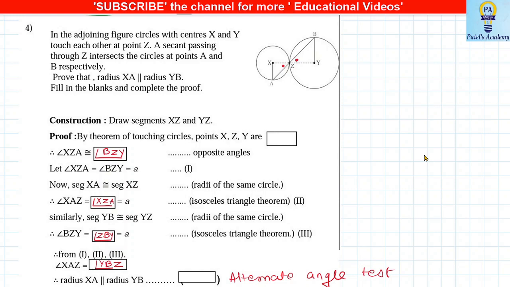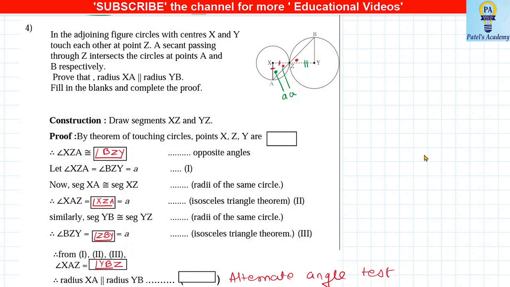Now if I see the smaller circle, just have a look. I'm doing some marking. Can I say these two sides are equal? Yes, these two sides are equal because these are nothing but the radii of the same circle. So can I say that angle Z is equal to this angle A, which I'm marking with green? Yes. So I will take these two angles as A, or you can take it as X or any variable. Now can I do the same thing for the bigger circle?